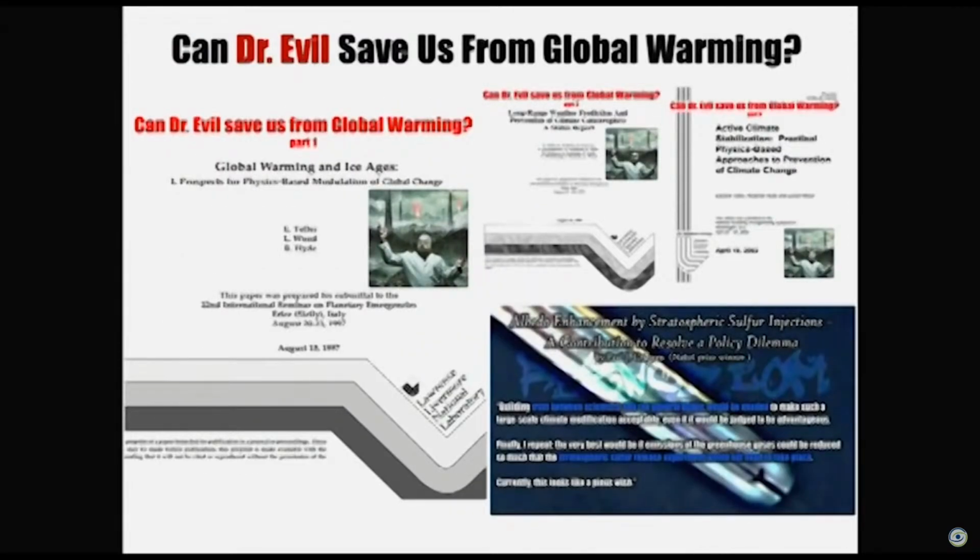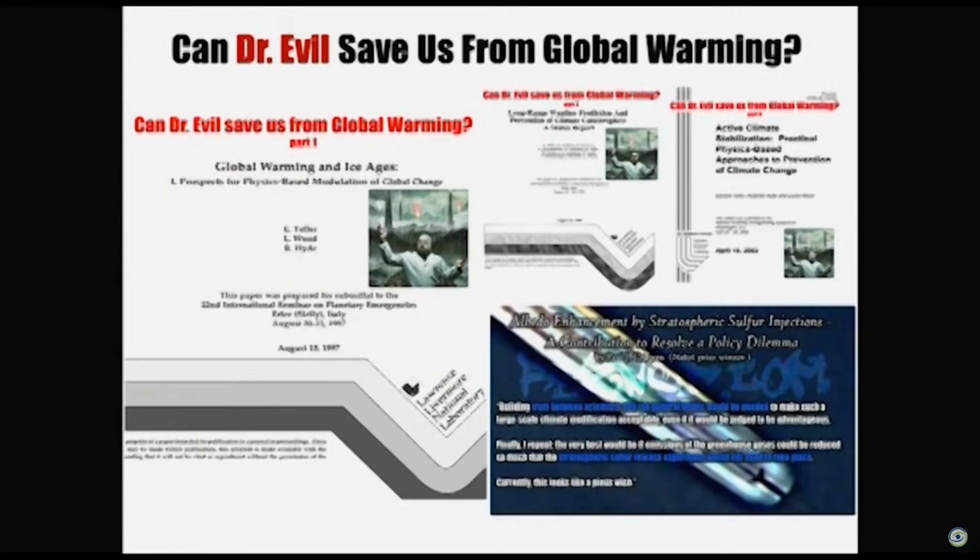This all came about from Edward Teller, Lowell Wood, and Roderick Hyde. Edward Teller invented the hydrogen bomb. This was all designed at the Pacific Northwest National Lab. So this guy invented the hydrogen bomb as a weapon to never be used. It was so scary it should never be used. And I would argue that geoengineering is the same. Clean up your act, or we're going to use this incredible weapon of doom on you.